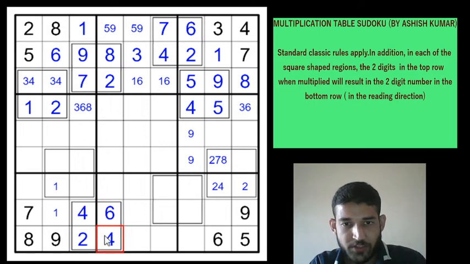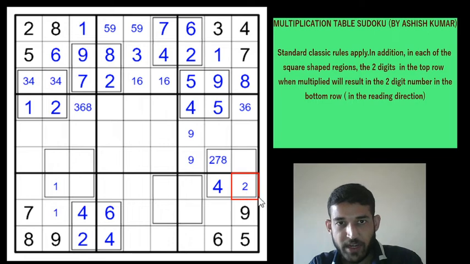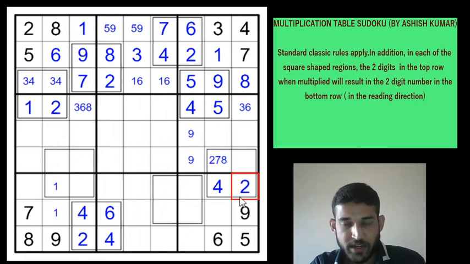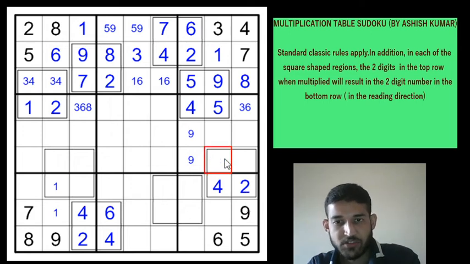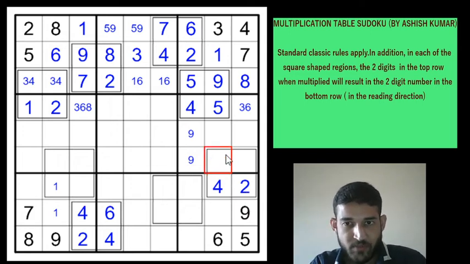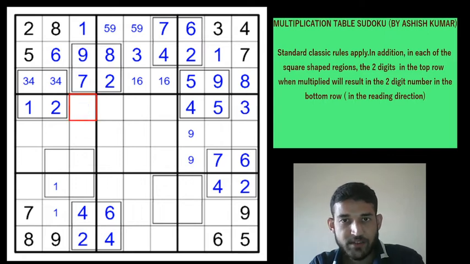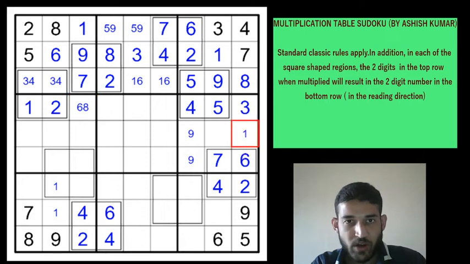Okay. Because of these two 4s, we immediately get the 4 in box 9, because there is a 4 in column 7 and column 9. There is only one possible cell left for the 4. When this is a 4, we immediately deduce this to be a 2, as we did earlier. So 42 we have here. 42 can only be reached by 6 multiplied by 7. So this will be 7 and this will be 6. So this gives a 3 here, and this will be 6, 8 because of the 3. And the only possible digit in column 9 is 1 now, which will go in row 5, column 9.